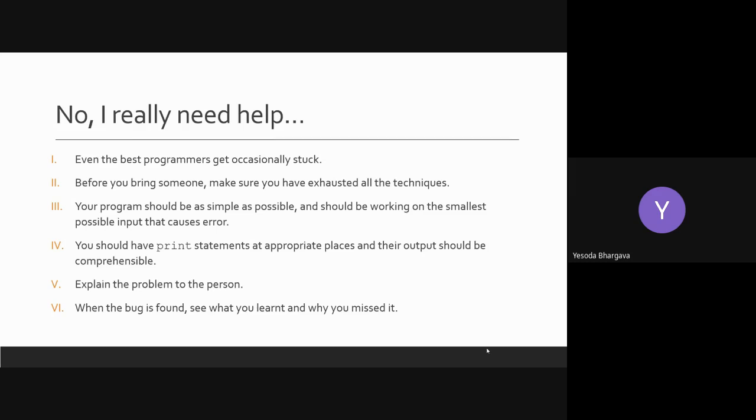It really is. Because when the error is found, we then need to sit with it and wonder, why couldn't I identify it earlier? What was going wrong? And that leads you to a better understanding of the problem.